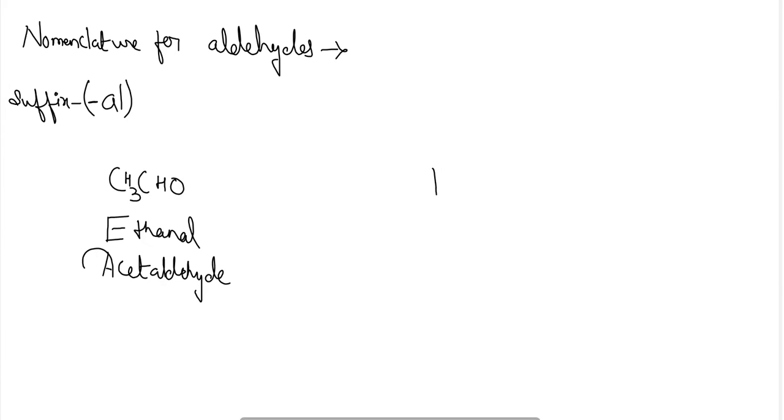If only one carbon atom is present in the chain of the aldehyde group, it will become methanal. The IUPAC name will be methanal, and the common name will be formaldehyde. Bio students can describe this formaldehyde more easily, because all the specimens of the biological laboratories are kept in formaldehyde only. So you are familiar with this formaldehyde. The formula for formaldehyde is HCHO.